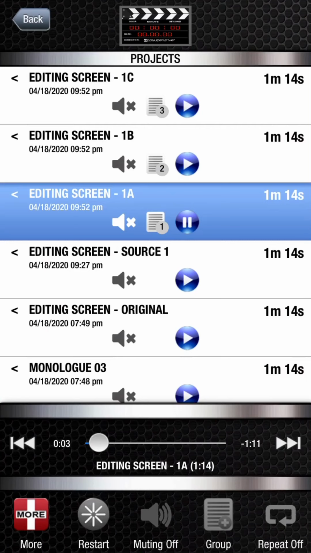Editing instructions. 1, 2, 3, 4. Now you will notice each project will be playing different sections of the same script in the correct